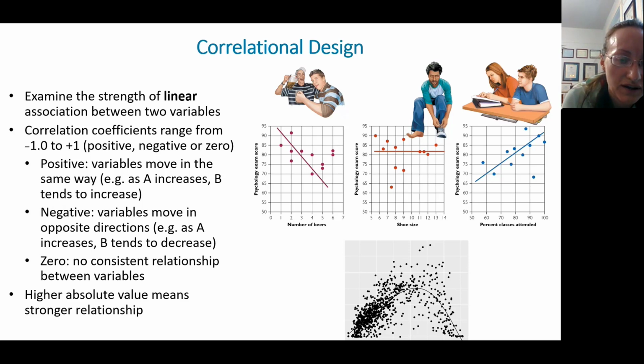Here's an example of no correlation, a correlation of 0. In that case, you don't see a linear relationship. I don't think they should have even put a line through that. The association there is between shoe size and grade, and there's no relationship. It kind of looks like a cloud. However,